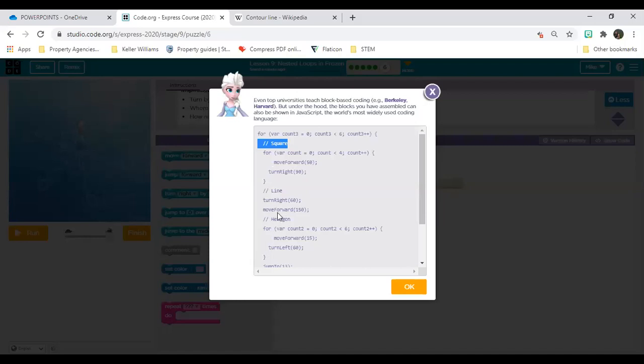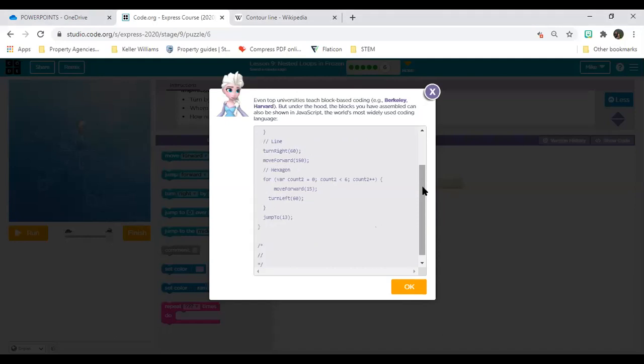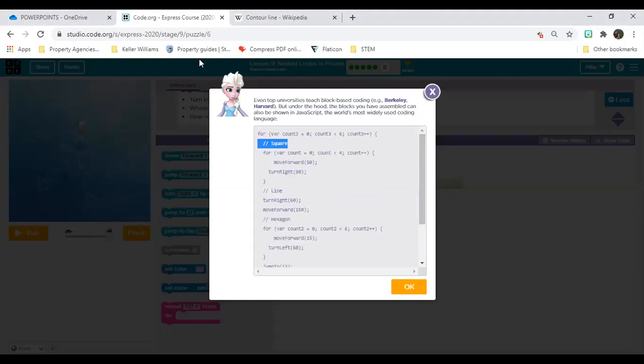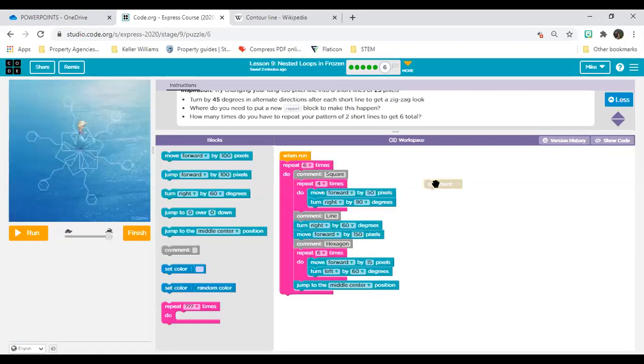So by putting in these comments for us, we will be able to find our way across the code a little bit more easily, and if there's something to fix, we'll be able to fix that a lot easier, just find everything a lot easier. So use it in your code as well if you want to,